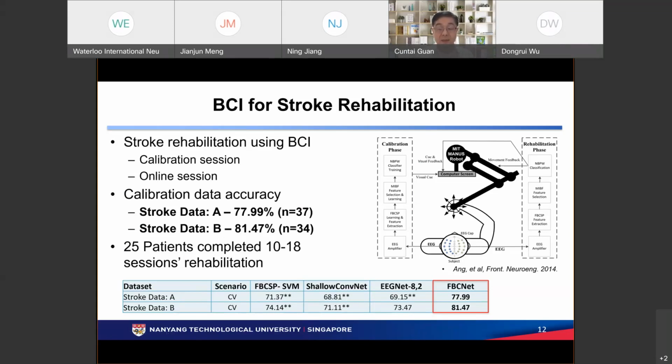Okay, typically in one week, we have different scenarios. In certain scenarios, the patients come to the clinic, rehabilitation center, 3 days per week. Some come to the clinic every day. But altogether, we have 25 patients who complete the entire session, and we also have pre-assessment and post-assessment of the outcome using FMA. Okay, so this is the data we are using for the rest of the analysis.